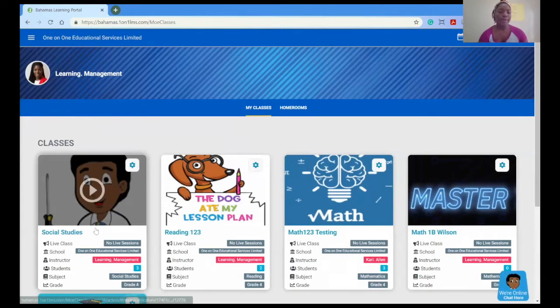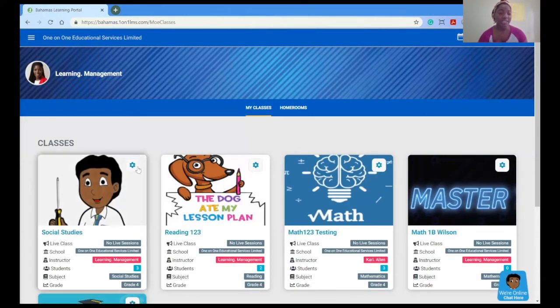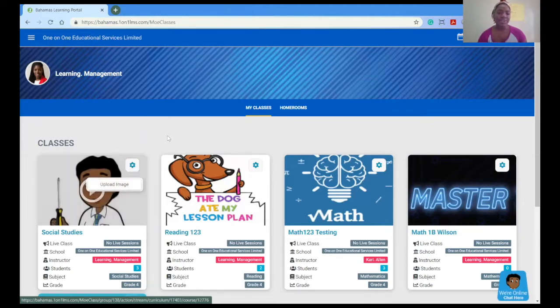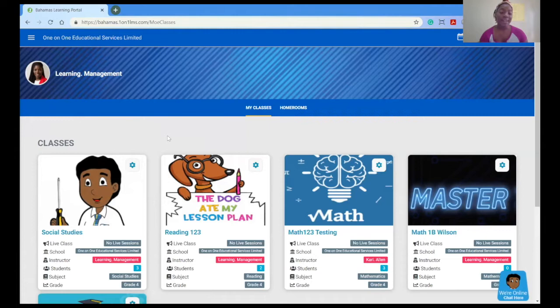Okay, so let me just talk quickly about if you want to change a class picture. That would be this gear icon here or this settings icon. You click that, click upload image, and it's going to take you to file manager to select a new image to change your class image. So I'm going to go into a class, and the first thing I'm going to do